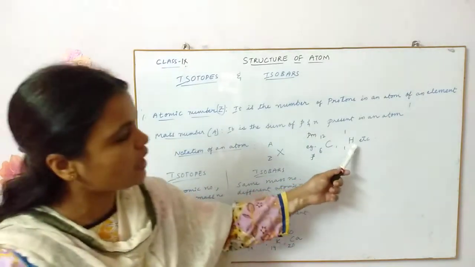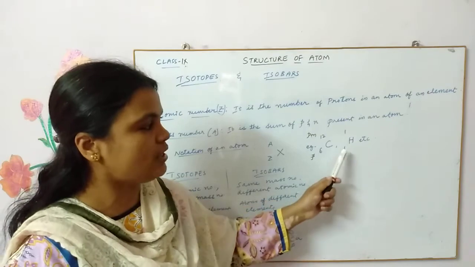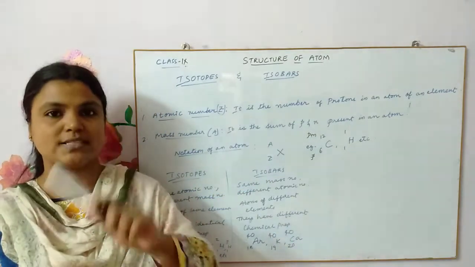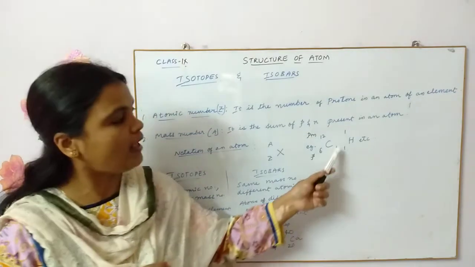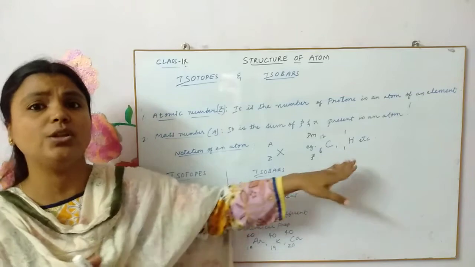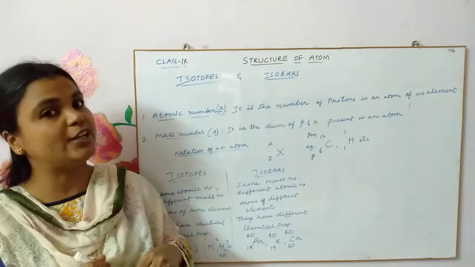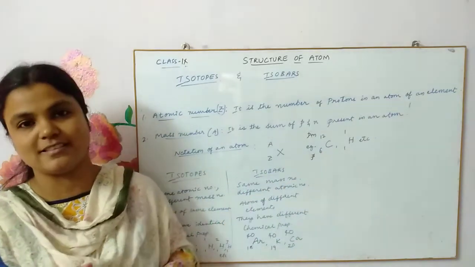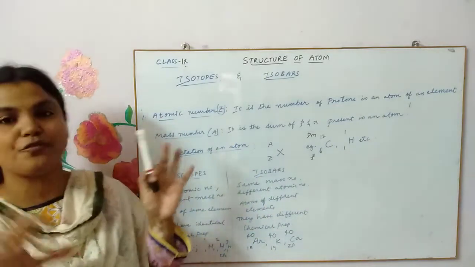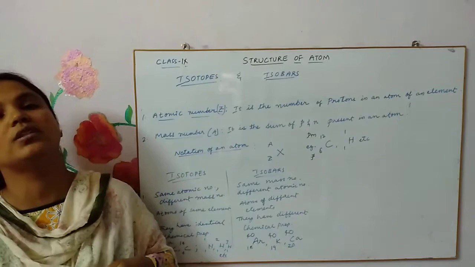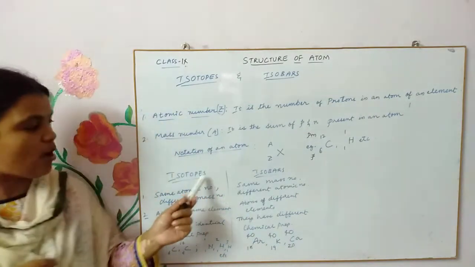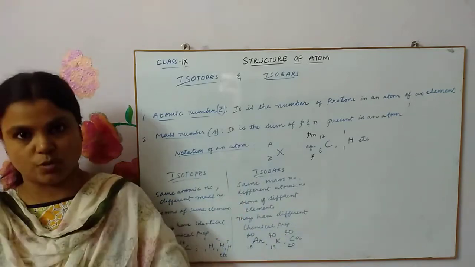Okay. So, here, what does this indicate? H, 1. 1 is the atomic number, hydrogen, the first element. So its atomic number is 1 and its mass number is also 1. How many neutrons does it have? How will you do that? 1 minus 1, that is 0. It has no neutrons, children. So this is how you get a good idea about the nature of the atom in particular. So now let's talk about what are isotopes and isobars.